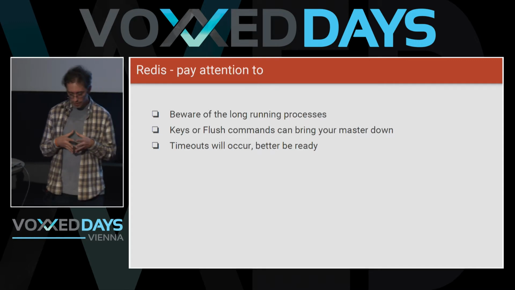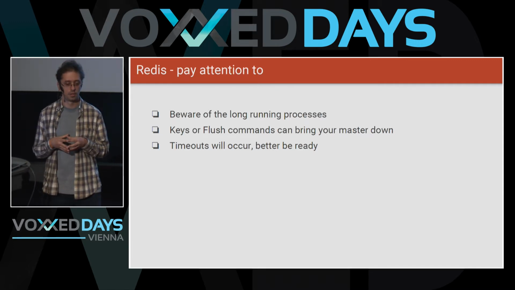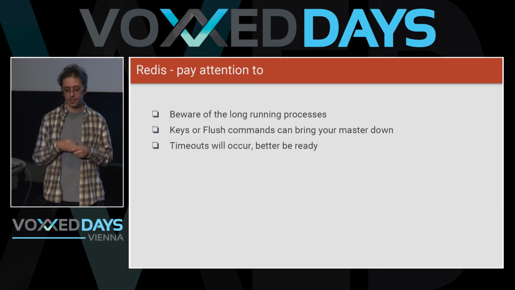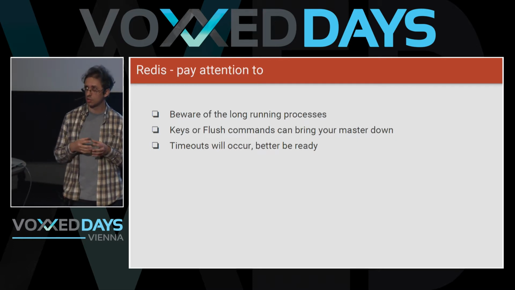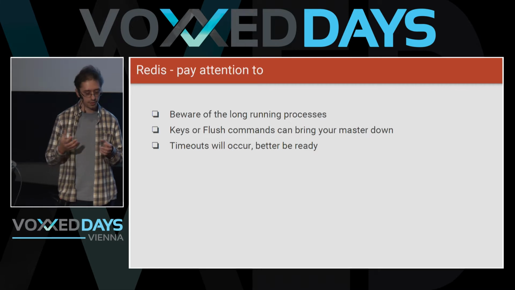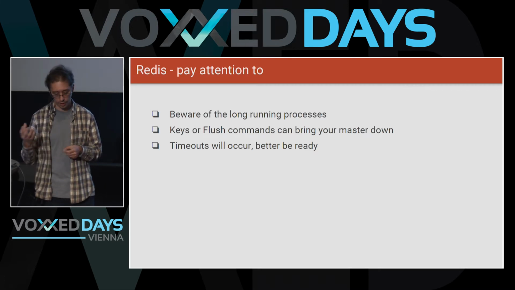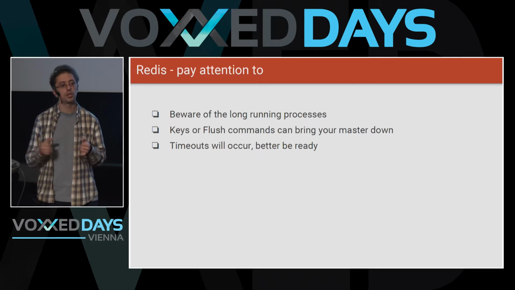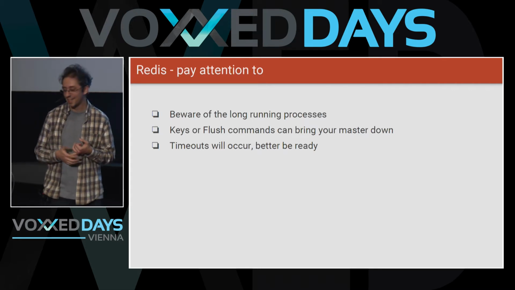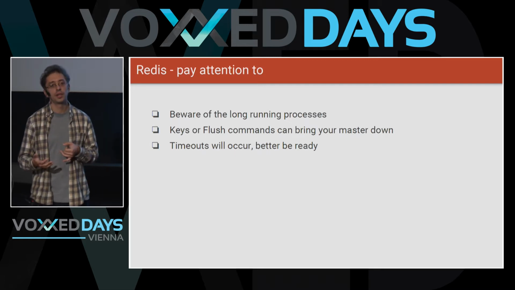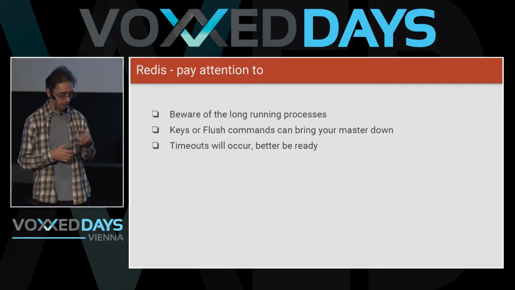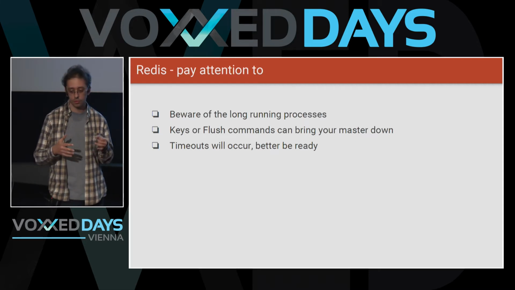Once we went live with this, we found out that we started having timeouts at some point, and it's not necessarily because of Redis. Usually when you add Redis to your stack, to save your session or cached results or some other things that you want to put in an in-memory solution, you make a calculation of how much RAM you need. You are doubling it just to be on the safe side. And then if you're on AWS or Azure or some other cloud where you're putting some VM with Redis,